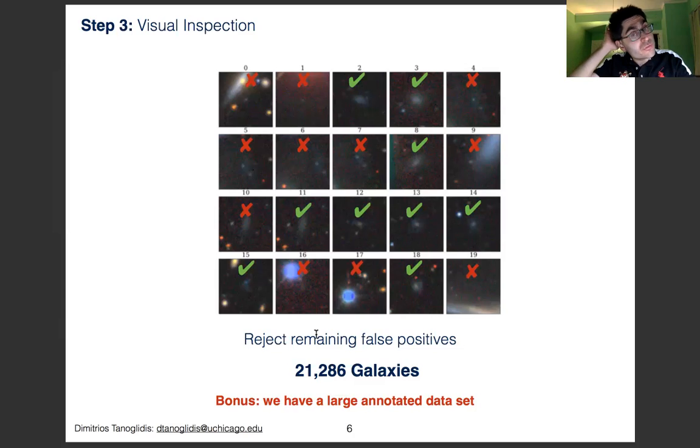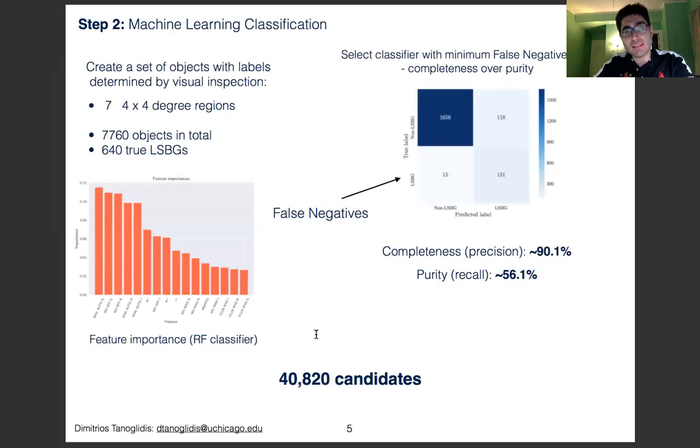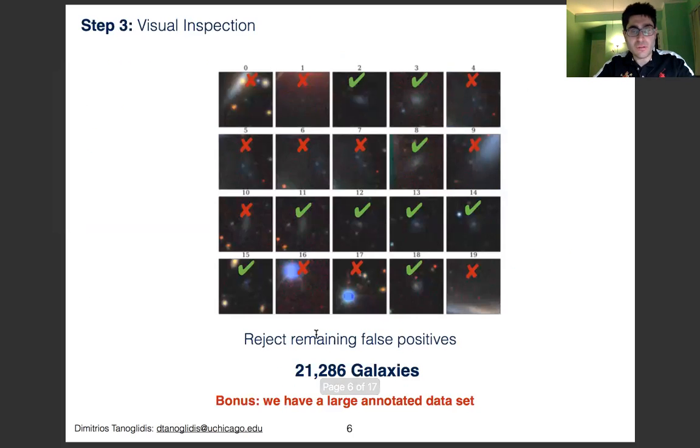But the bonus from doing this exercise was that we had a very large annotated data set, positives and negatives. I remember that we started from 40,000 candidates here, and we went down to 20,000, 21,000 galaxies. So we now have approximately 20,000 low surface brightness galaxies and 20,000 artifacts that we can use to